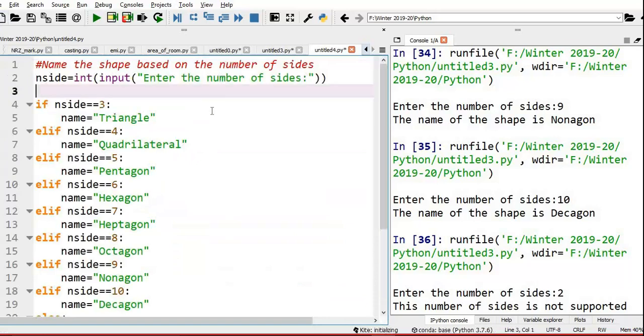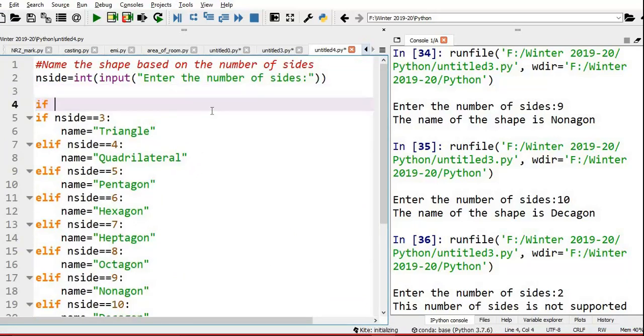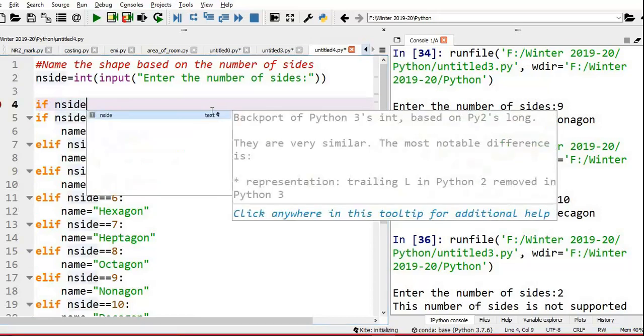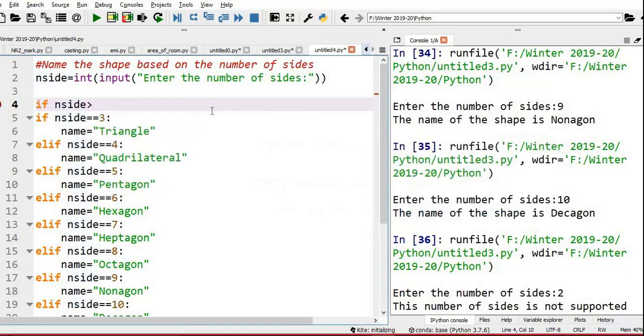What I'm doing here, I'm just adding one if n side greater than or equal to 3 and n side less than or equal to 10. Okay, then